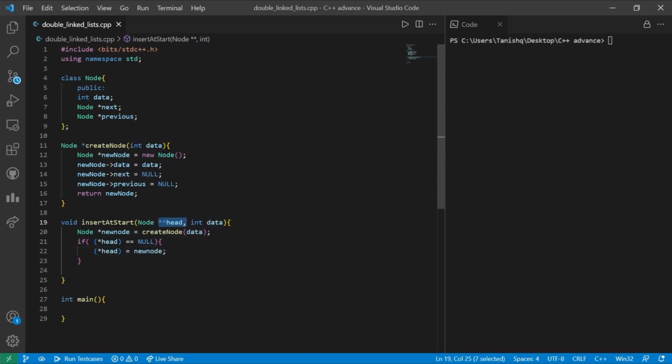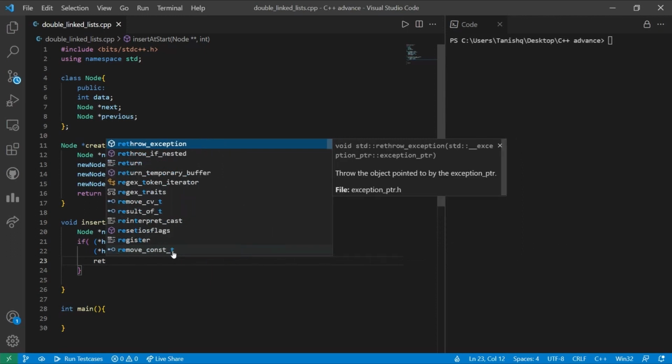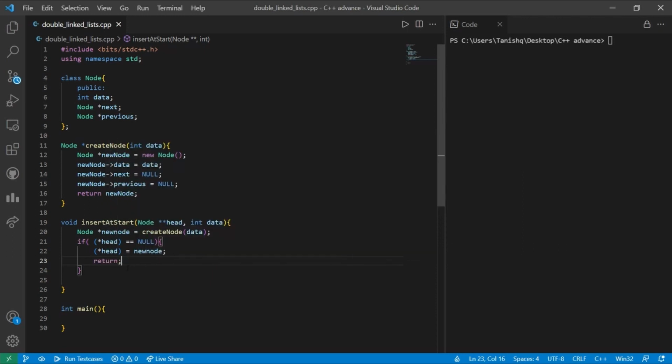So if the head pointer is pointing towards null, that is, we do not have any nodes present in the linked list, then the new node is going to become the new head, and here we are supposed to return. This will stop the execution of the function, and we'll get the first node of our linked list. But if the head is not pointing towards null, we'll discuss it with the help of code now.